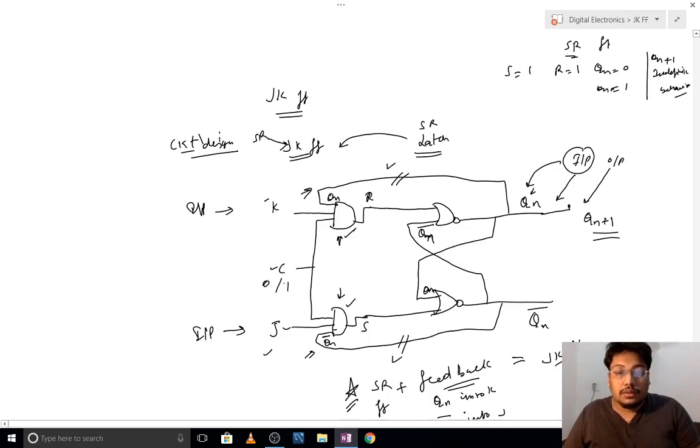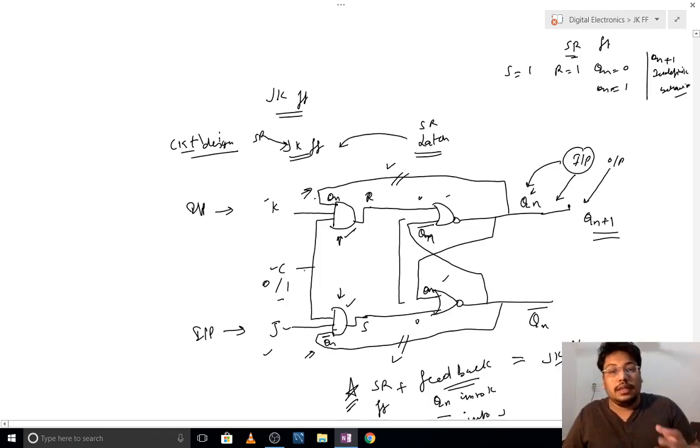If the clock is 0, then the AND gate will represent 0. Both the AND gates will give me 0. And if both the AND gates give me 0, then the system initially depends on Qn and Qn bar on both the NOR gates. If the clock is 1, then the AND gate inputs will depend on K and Qn, and J and Qn bar.